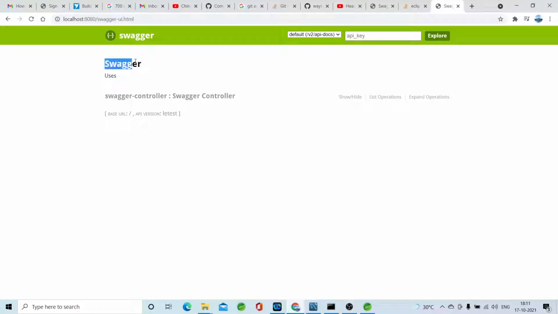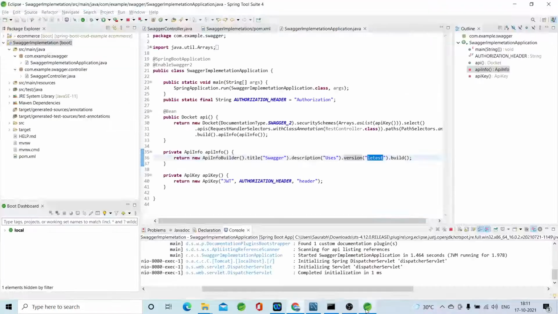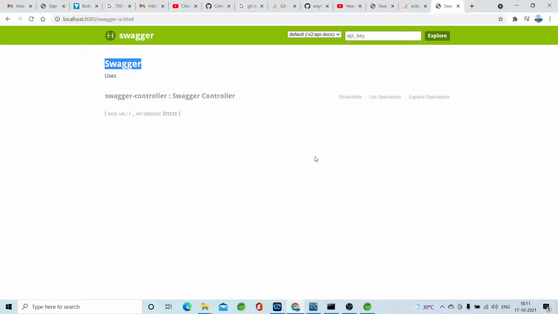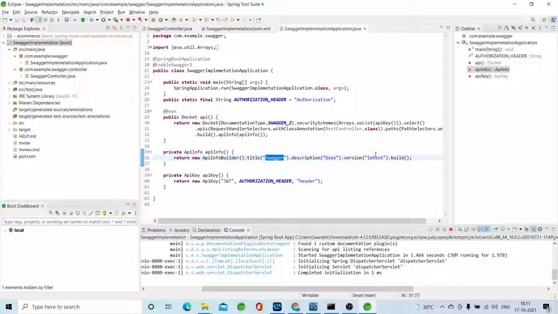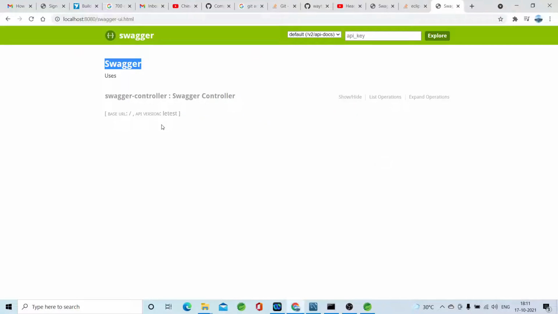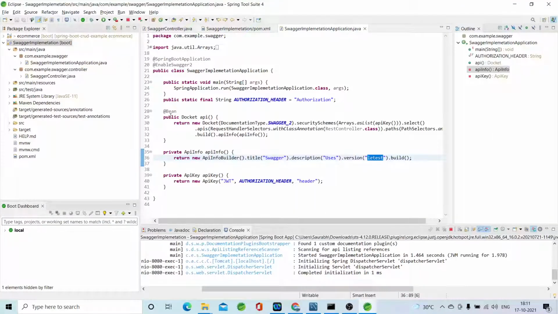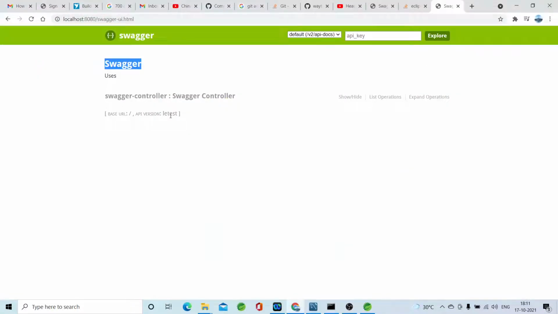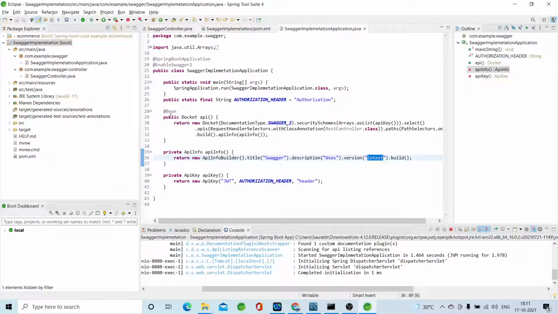This Swagger page you are seeing comes from this title, and you can see the description and then the version, the latest one. You can change any name there and you will get the same thing.